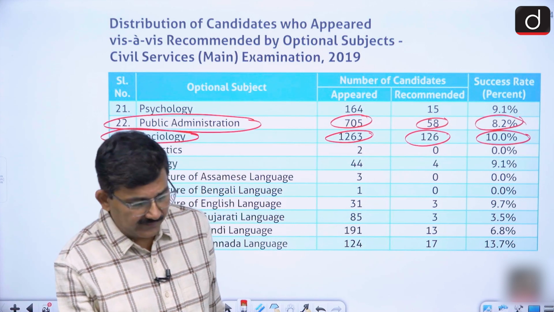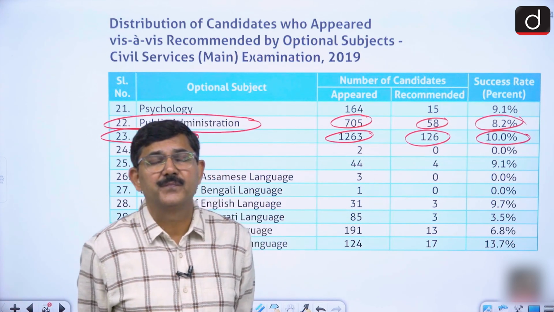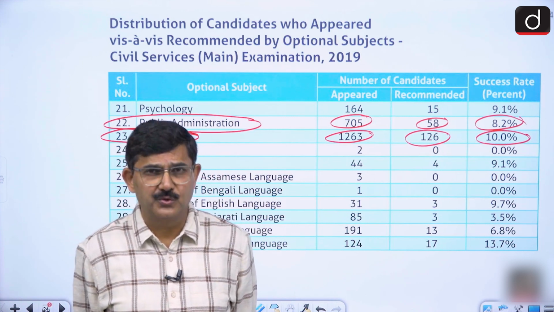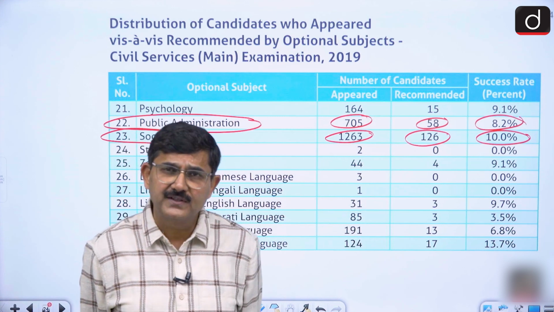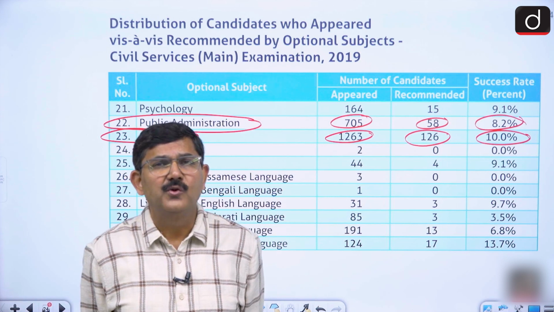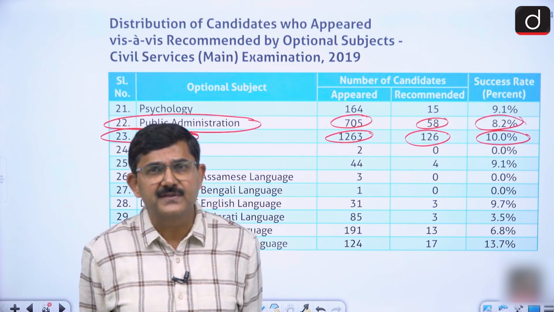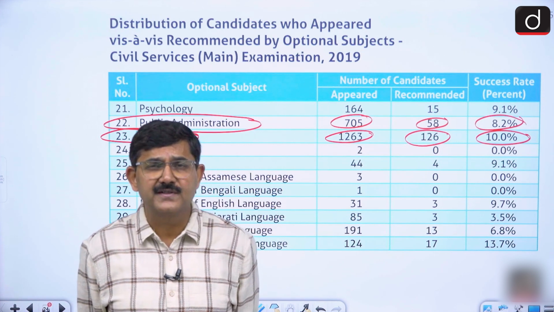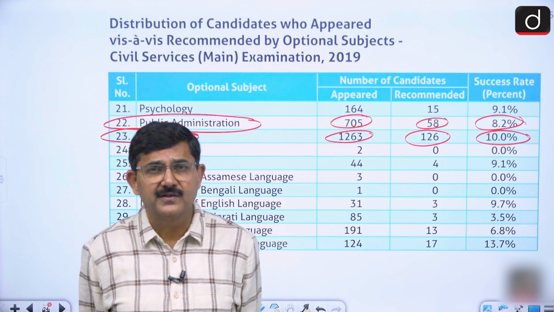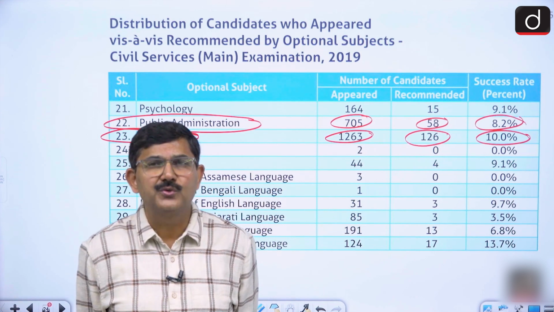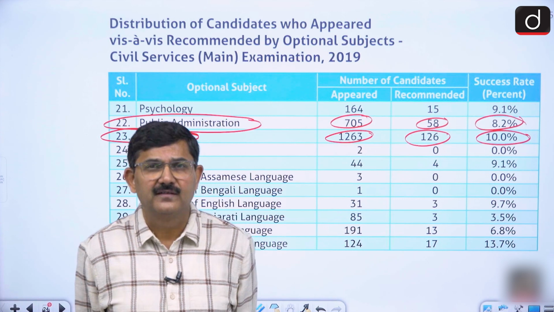Now, another aspect: when you have to choose sociology, why should you? Is this the only criteria for choosing? No, this cannot be. In fact, no single criteria is ever sufficient for any particular subject. So just on the basis that it's popular and it's showing the maximum success rate, rather you have to take some more issues, more criteria.